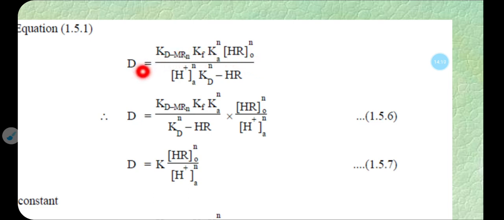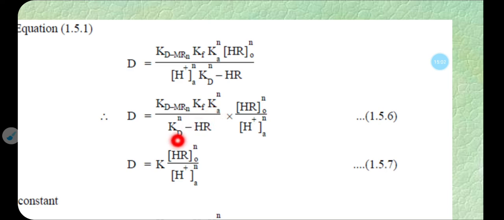Then we get D is equal to the distribution coefficient of metal chelate, formation constant of metal chelate, ionization constant of chelating reagent into concentration of chelating reagent in organic divided by H plus ion into distribution coefficient of reagent Kd H R. These constants are all written in one form, that is distribution coefficient of metal chelate, formation constant, ionization constant